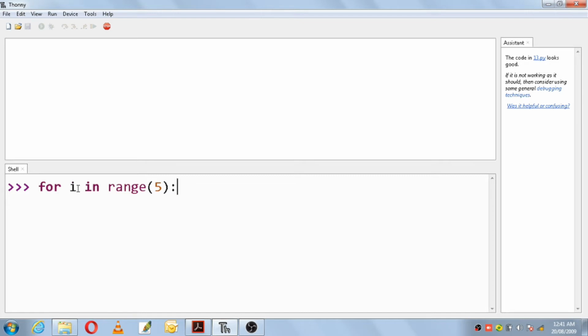This variable will be initialized to 0 automatically, and then you use the keyword in and the range function, with the number of times you want to repeat. I want to repeat the numbers from 0 to 5, but it will not take 5. Then you end it with the colon.